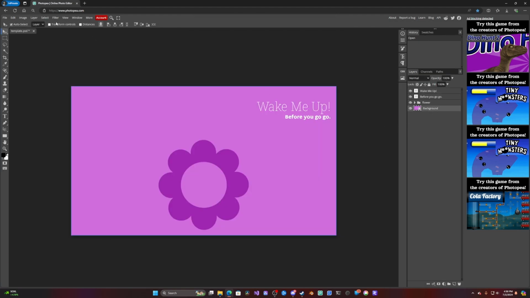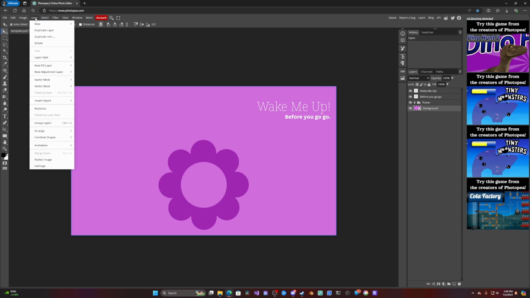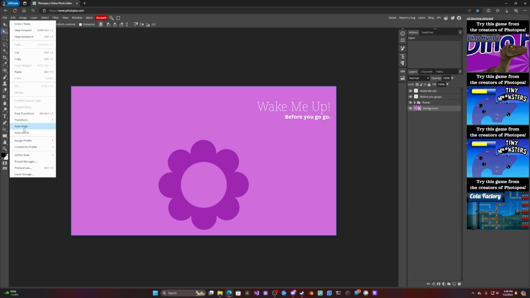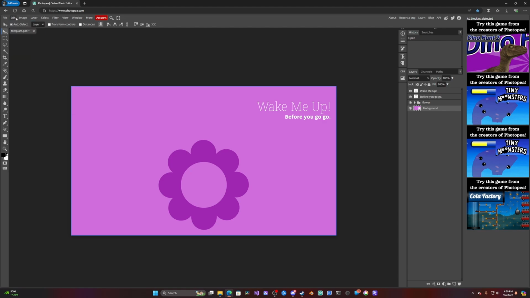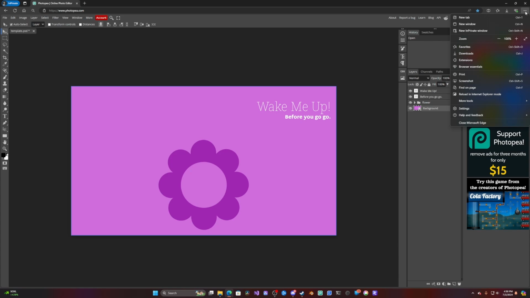So basically it has all the same stuff as Photoshop. Filters list. Got all the same controls. It doesn't have the AI stuff, obviously. Maybe that'll come in the future, who knows? But you have all the same tools. It's really nice. What you can do as well is you can go click on settings, and in most browsers,